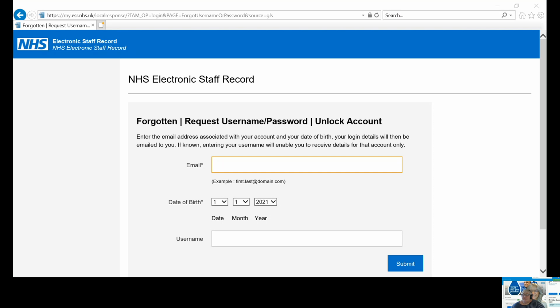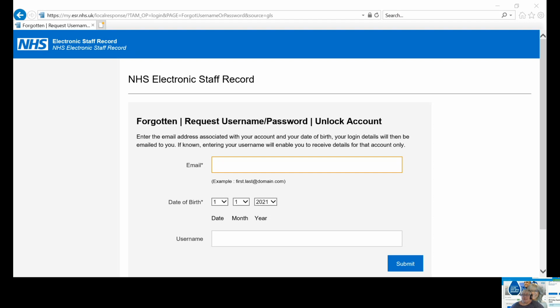The password criteria for ESR is very strict. This is to protect you from anyone gaining access to your ESR record, where they could potentially be able to view all your personal details, such as your home address, your bank details, and your job details. So your password must be 8 characters or more in length, contain at least 1 letter, 1 number, 1